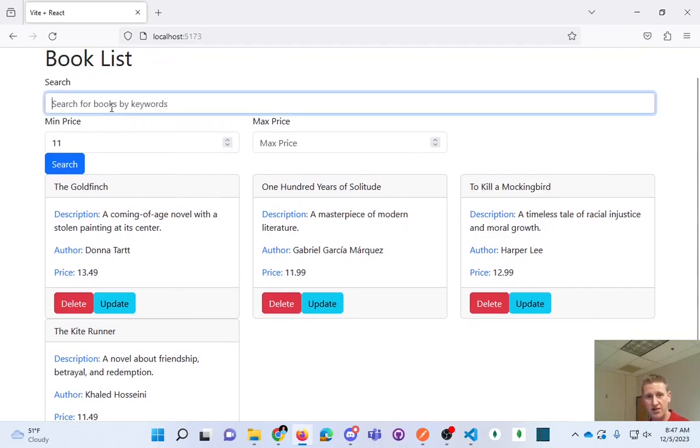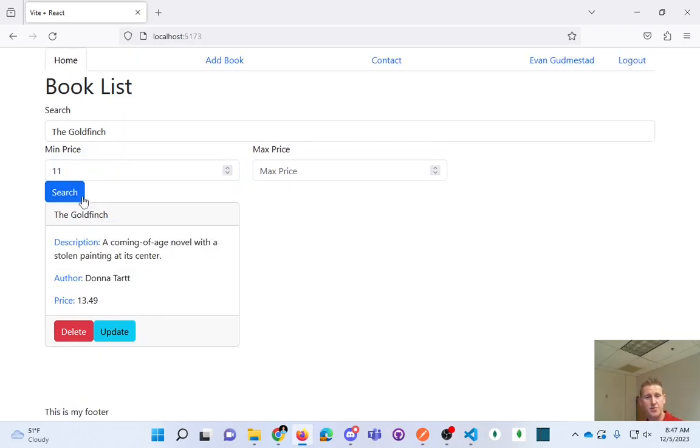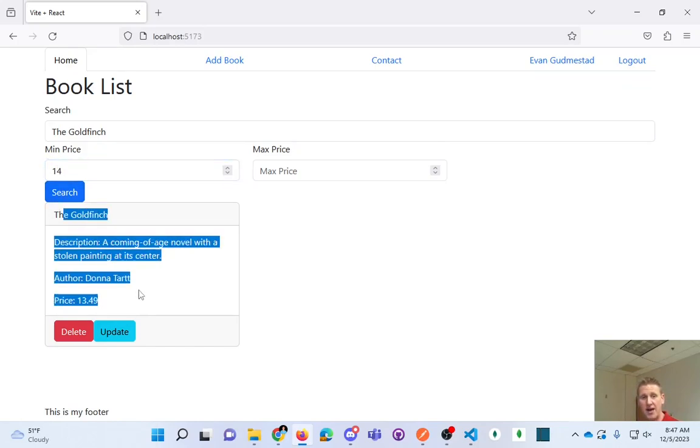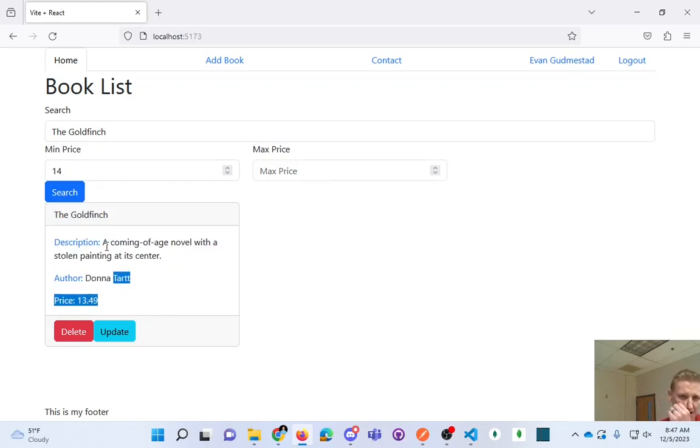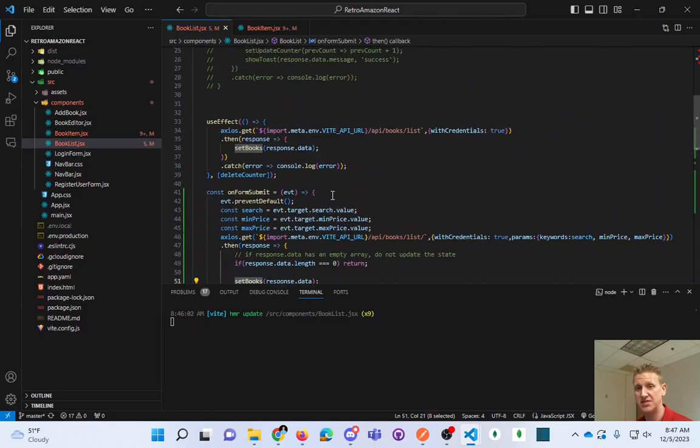Of course, then this should work doing a multi-product result set there. We could search for The Goldfinch and there's a min price of 11, but if I bump that up to 14, again, we have to handle this case where there are no results. We're still not handling that properly, right? We're not updating our books. So here, if there's no response data length, maybe you set books to empty. Or maybe you set it back to